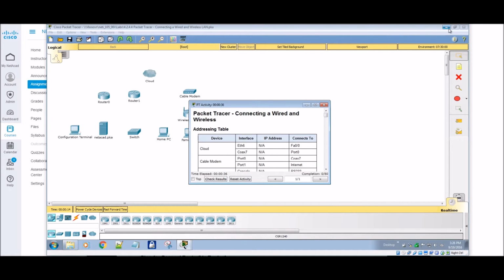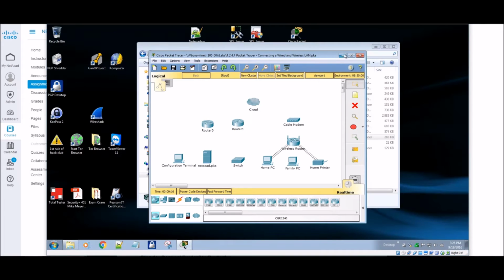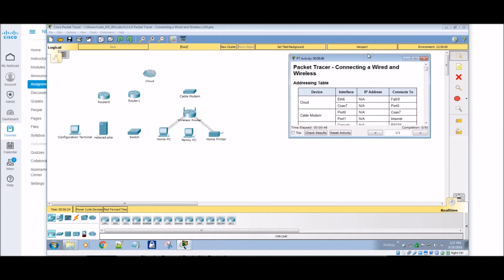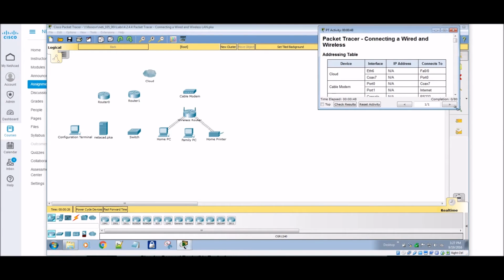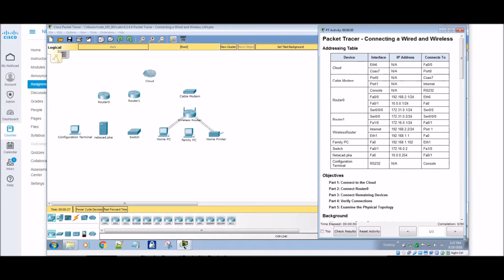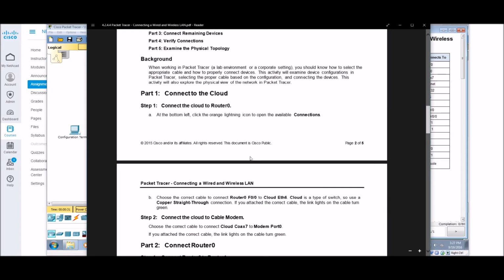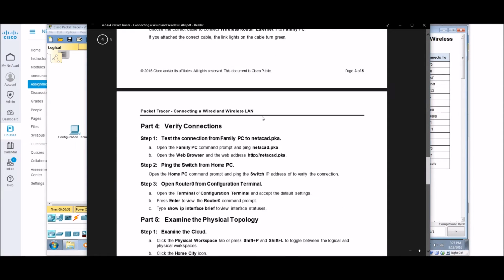So what I like to do here is make this a little bit larger, and then I bring the Packet Tracer in here and just put it over here like this so that I can follow down through with it. Or you can put it on a PDF outside there, which is what you can also do, especially if you're going to need to answer some questions.